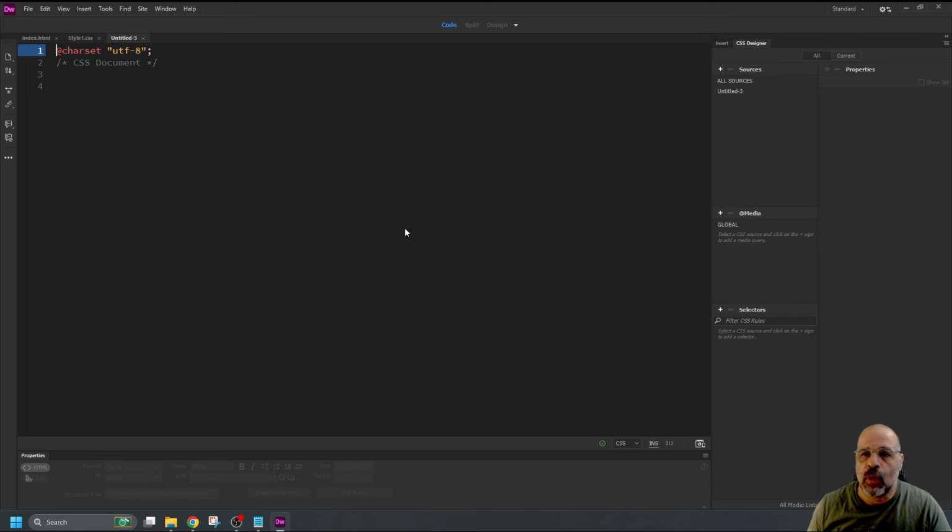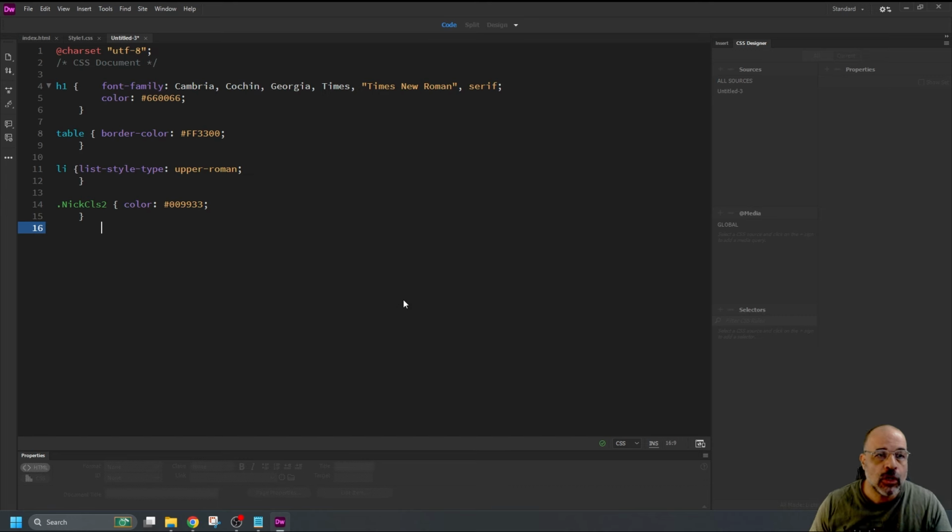I'm not going to save this one because I just want this style sheet to help me so that I can create my styles. And I'm not going to create all the styles again. We've already looked at that and I've got other tutorials for that. So what I'm going to do is just copy and paste these ones that I've got already here,